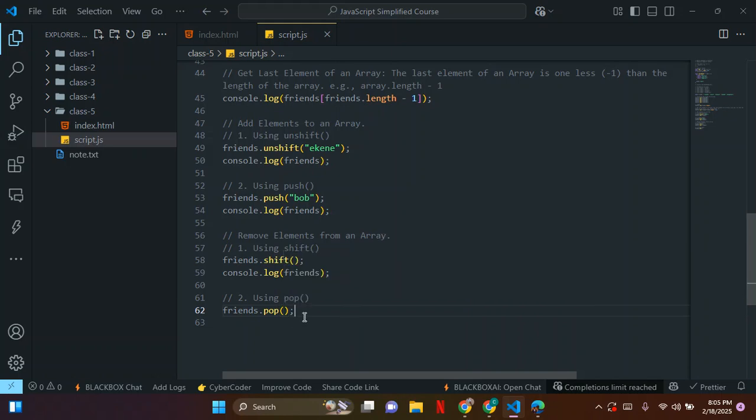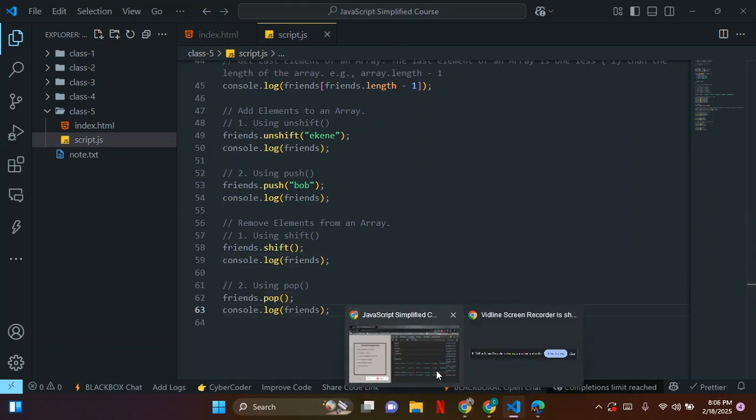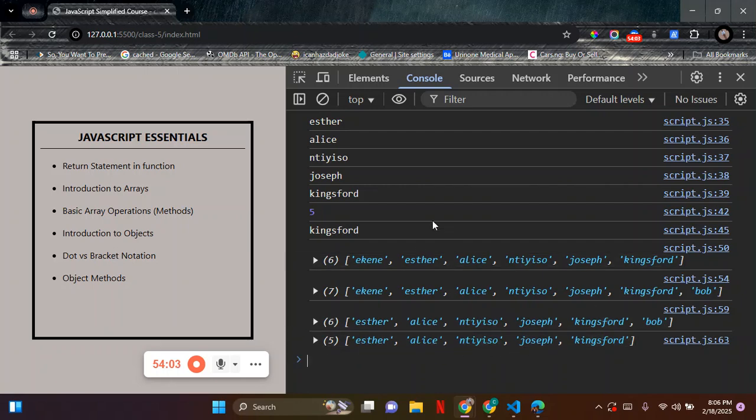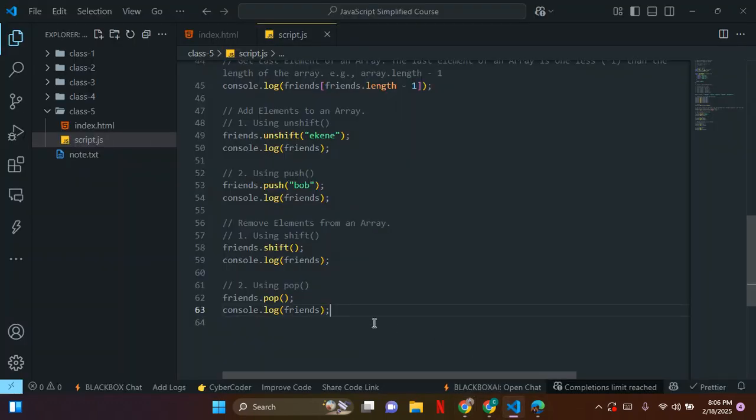All right. So let me duplicate this. If you save, now we'll be back to the original array. Guys, we are now back to the original array. All right, so good. Now the next thing I want us to look at, aside from using unshift, push, shift, and pop,